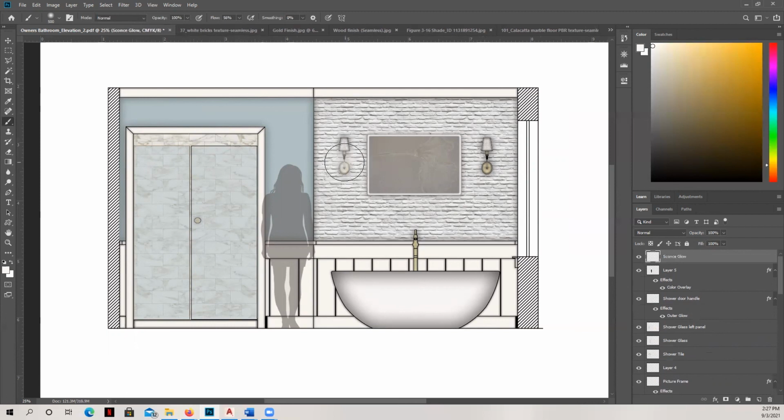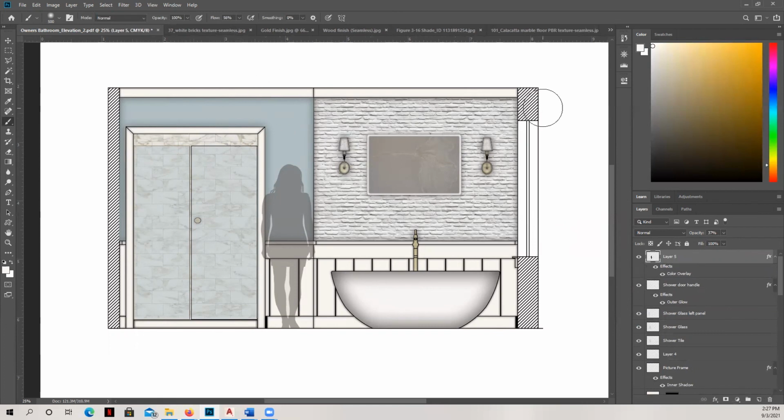You could see where I could bring in, and especially if the background of this was dark, this would bring in this really nice warm glow underneath the sconces. So if you render yours and you have a darker material, you'll see a really nice glow there, but we won't see it as much because of my background that I've selected.